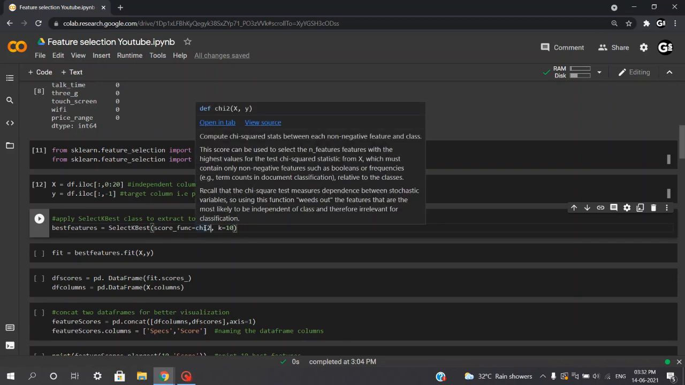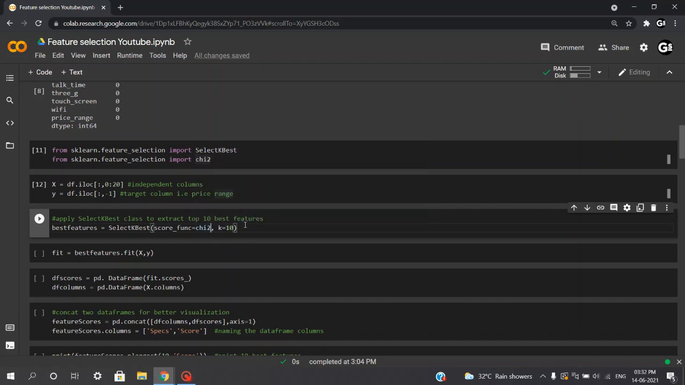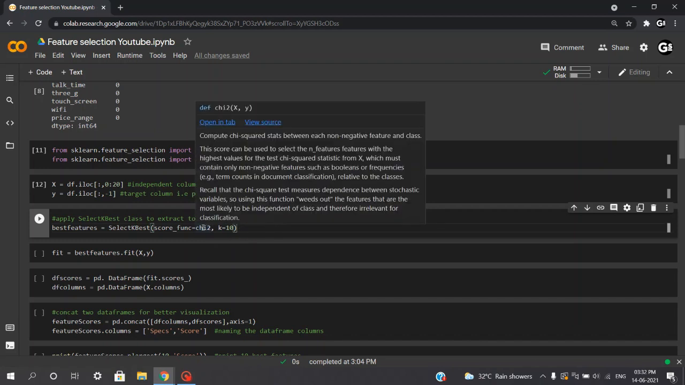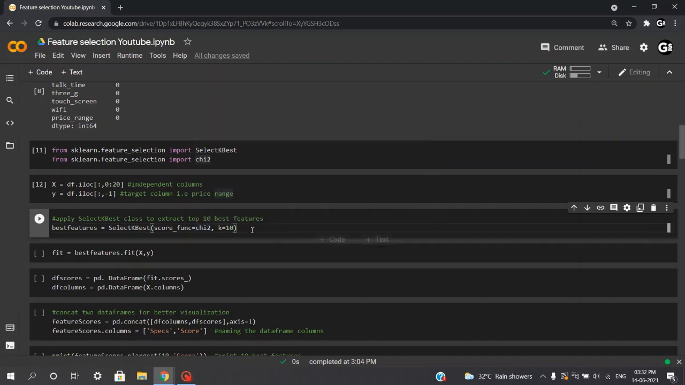Now say if my target variable was continuous, or if I was dealing with a regression task, I would have been using the f_regression function over here. Now this k parameter represents how many features you want to extract from our data. Since I want to extract the top 10 features, I will be passing k equal to 10. For example, if I had to extract 12 features, then I would pass 12 instead of 10,